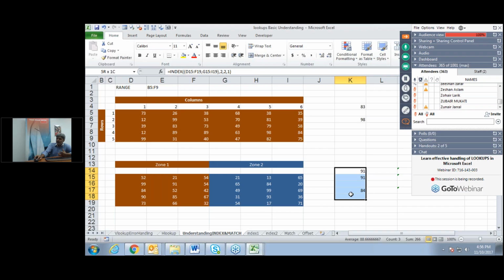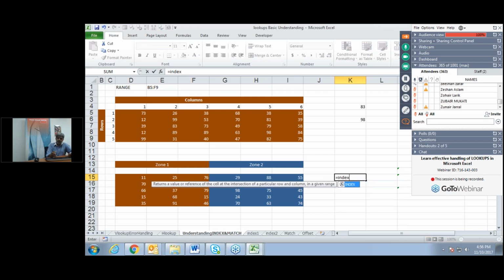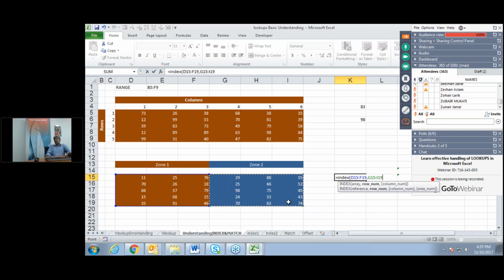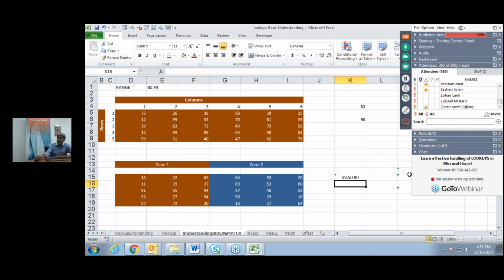Look at this, or maybe let me just delete that. So is equal to index. I need to supply the range. This is zone 1, comma. This is zone 2. So we have two zones. We have given references to the two ranges. So this is, say, matrix 1. This is your matrix 2, comma. And we want to get the value from the first zone, maybe say second row and second column. And if I click enter, I will get